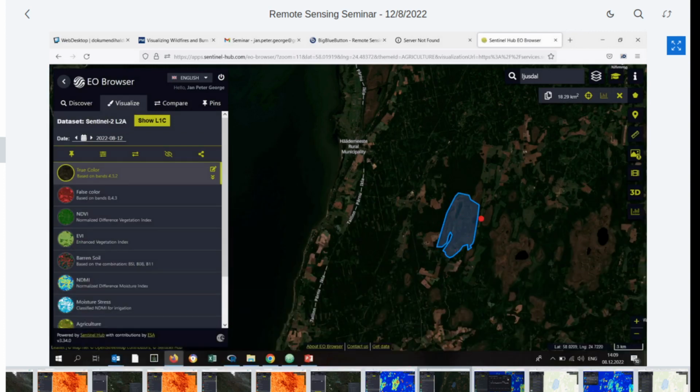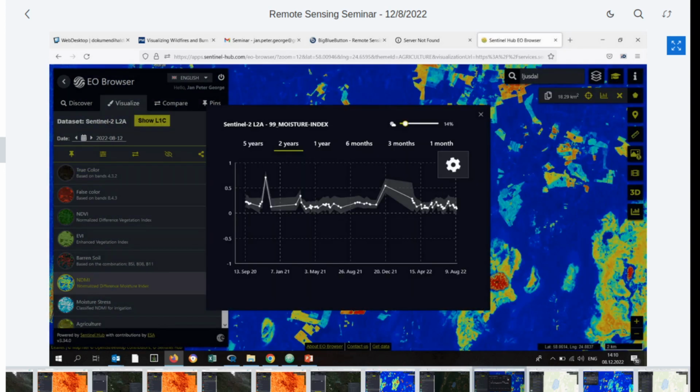Yeah. So I upload my shapefile for Nigula, which I have drawn before, and then you select the NDMI, and then you go to this little button here. And this will create some time series. And this looks like this. So you can change, for instance, the maximum cloud cover that you want to have included. And then you can choose between different time intervals. You can calculate for 1 month, for up to 5 years back. When you choose 5 years, of course, it will take a little while until the time series has been produced.